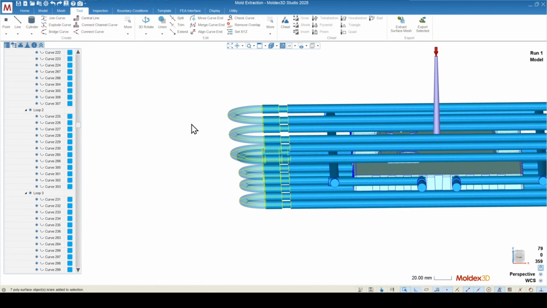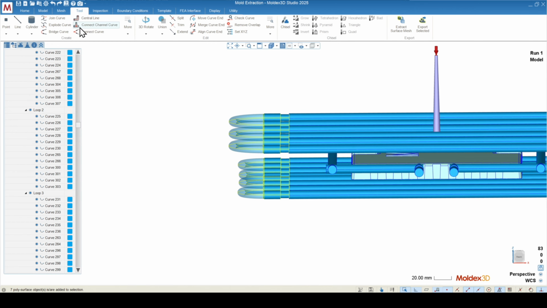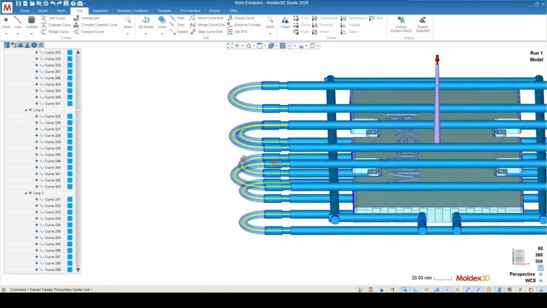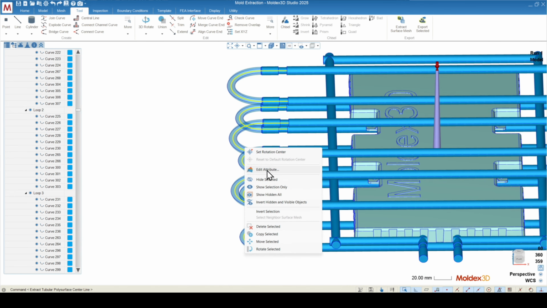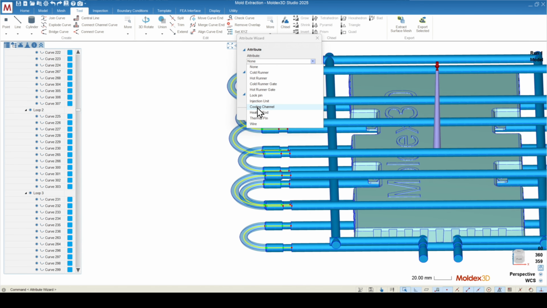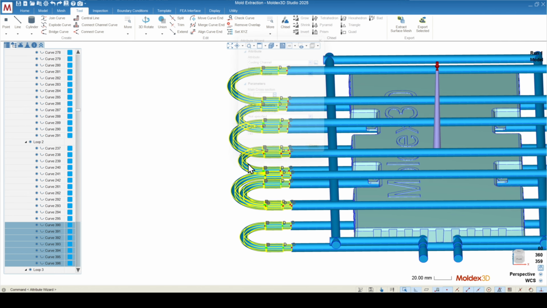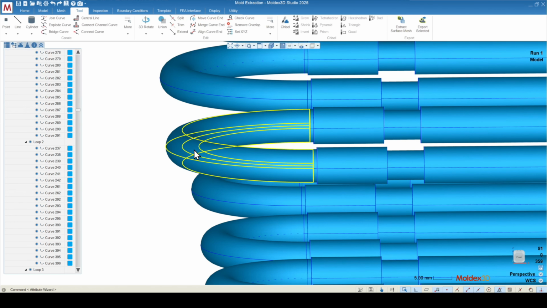All right, so I'm going to go through and do this central line one more time, selecting these hose objects, central line. We can see that it selects them as tubular polysurfaces. And then I can just go in and directly attribute those as a cooling channel. We can see that it goes through and assigns the correct diameter, but there is something that